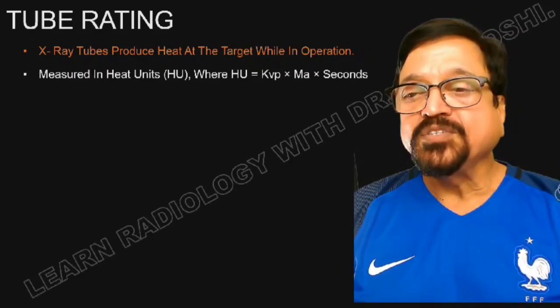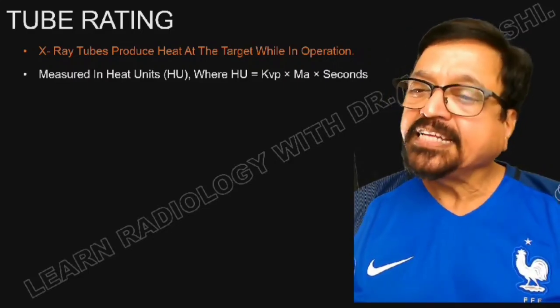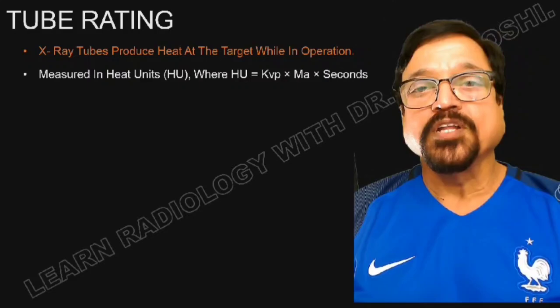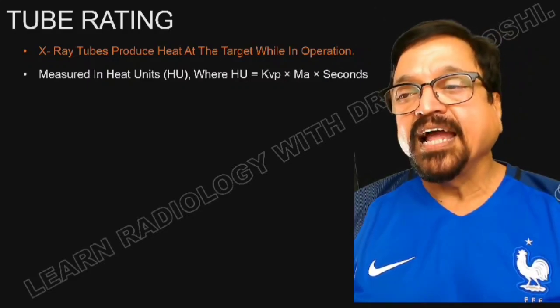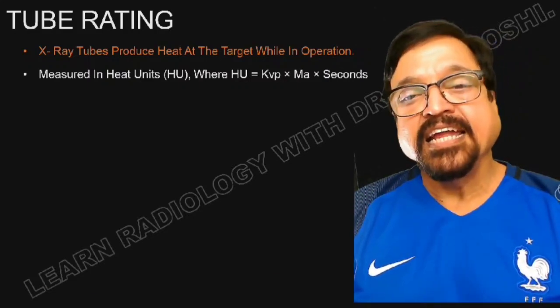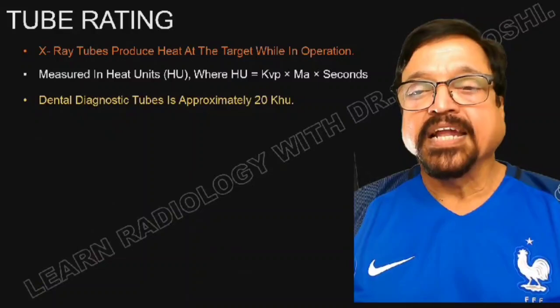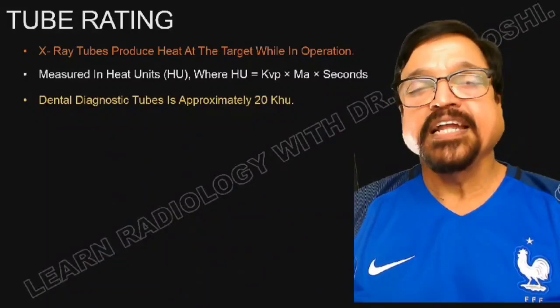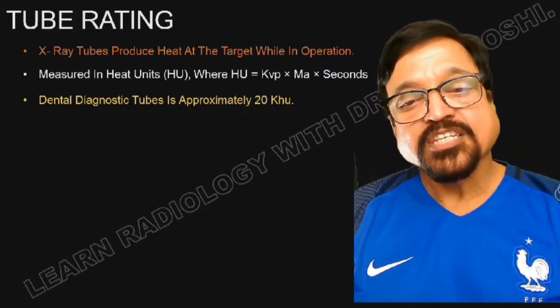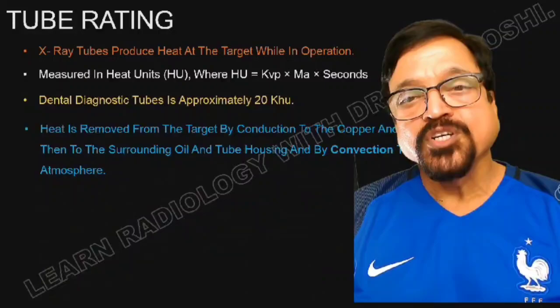An X-ray tube produces heat at the target while operating. This heat needs to be dissipated. Now, it is measured in heat units, HU, where kVp, mA and seconds matter. So the more the kVp, the more the heating; the more the mA, and the more the seconds, the heat production will be more. Now the dental diagnostic tube is applied